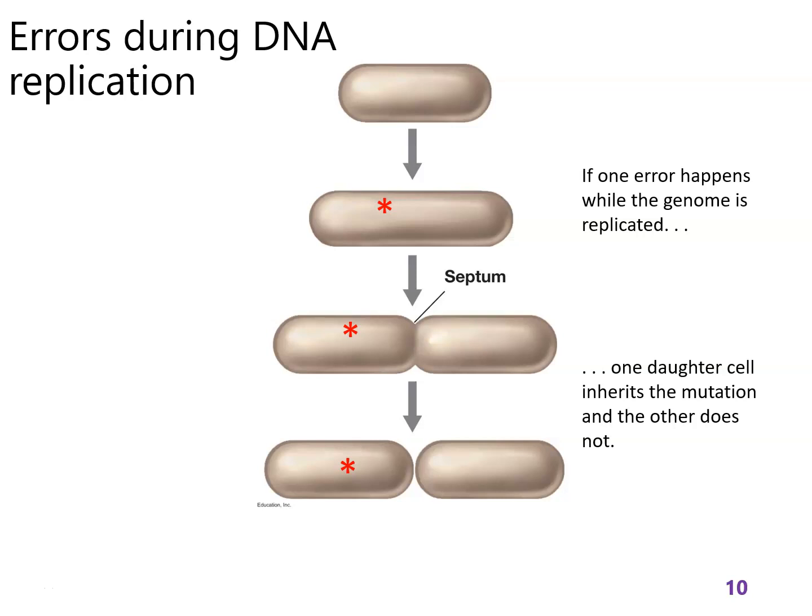So we've looked at what types of mutations exist. Now let's think a little more about mutations in a bigger picture. So here's how it happens. When this cell is trying to divide, it needs to copy its genome. So it needs to synthesize an entire new DNA molecule, and it does it by adding one base at a time. It compares